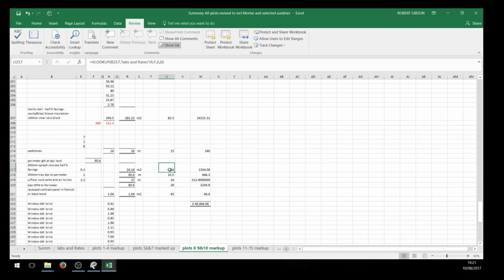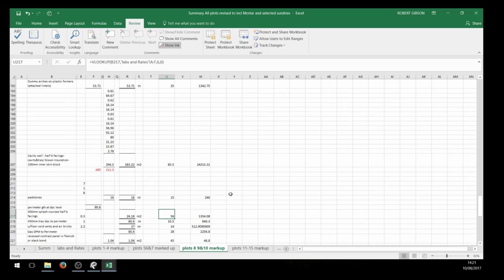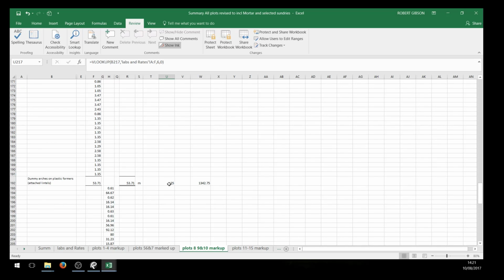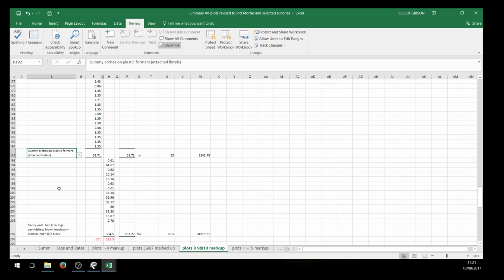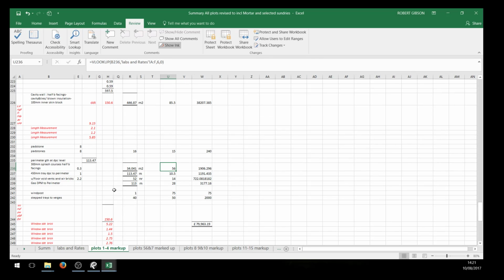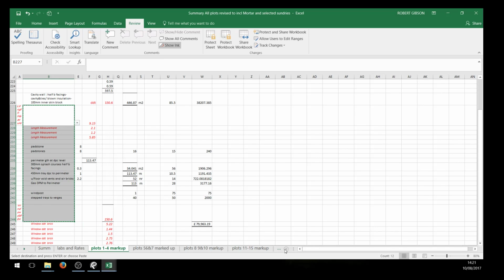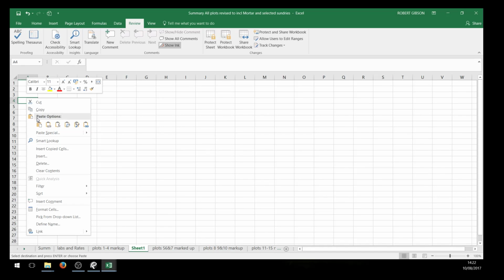56, 56. So how do we get this to work like this? Well, as I explained before, VLOOKUP is explicit. So that's why these descriptions in these columns need to be identical on each bill page. So when I create this list, I basically do it by copying all of those, making a new list,